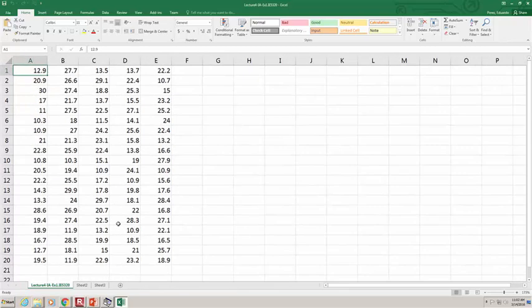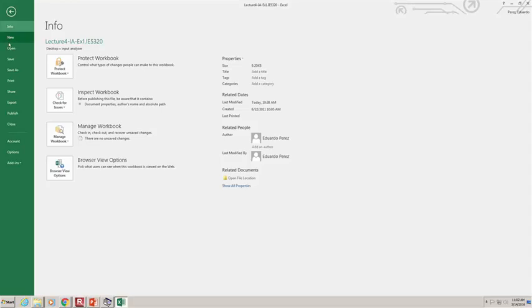So let me open this a little bit. So once you have your data tabulated, we can use this information to fit a probability distribution. Okay, so what I'm going to do now is I'm going to use this Excel file, and I'm going to put it in a format that can be used by the input analyzer. So as you can see here, there's nothing different. This is the typical way that you will input numbers into Excel, but now I'm going to save this file